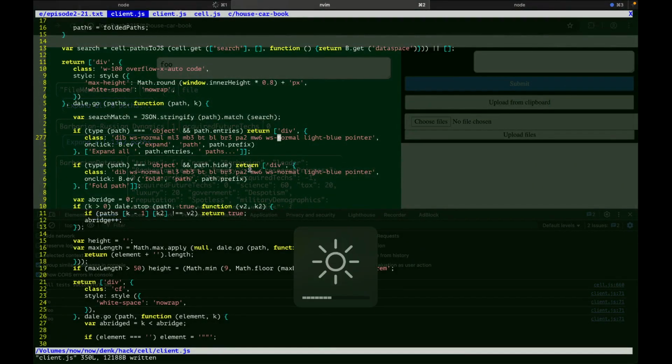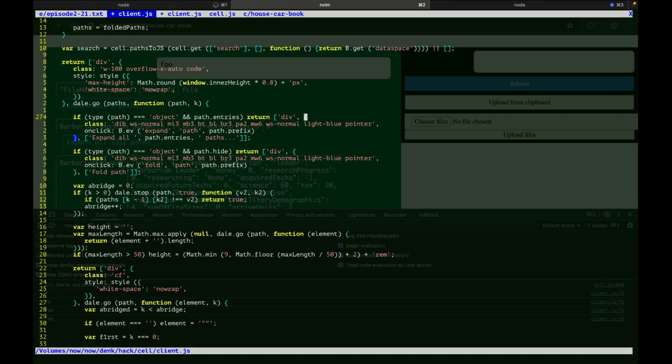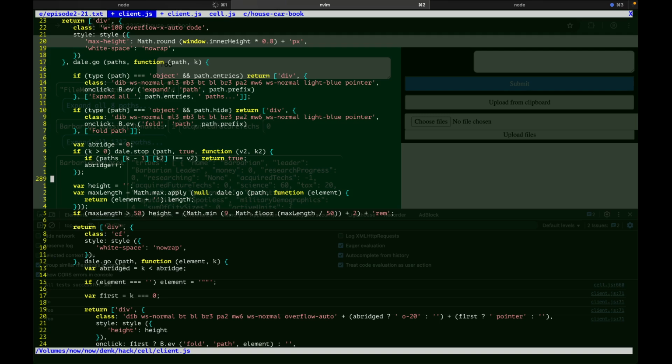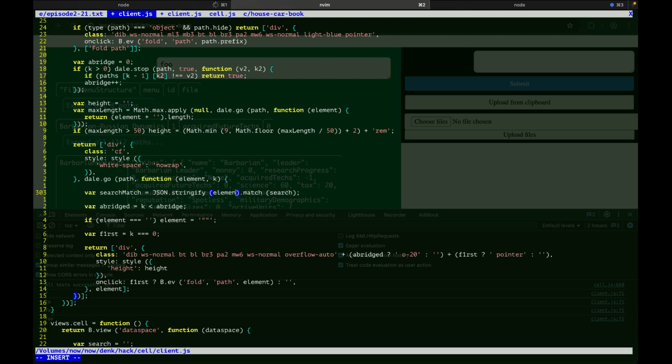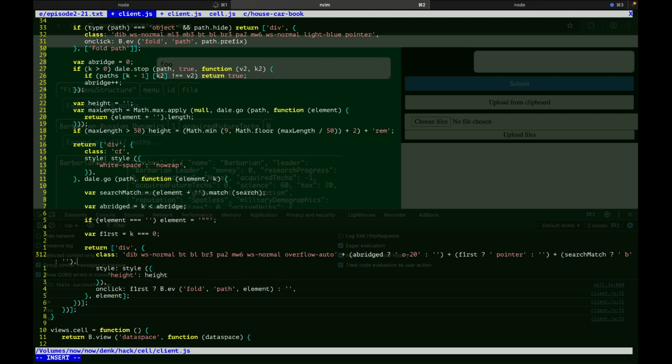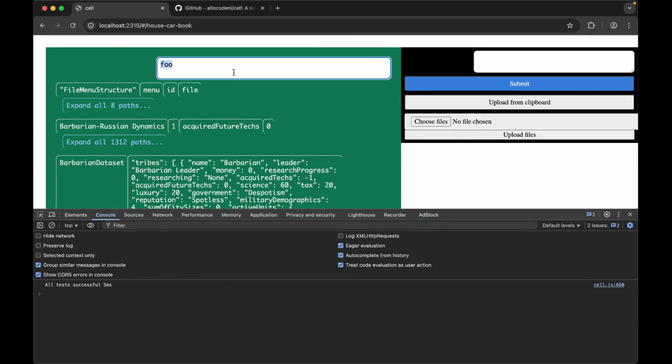B. I guess it would be even better to do it per element. And do this. Can do